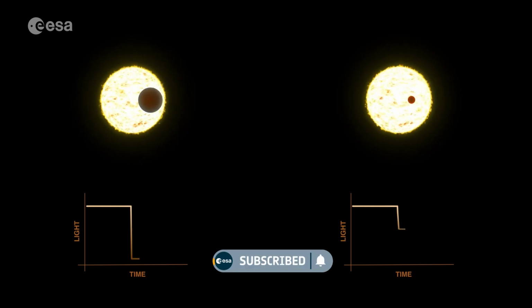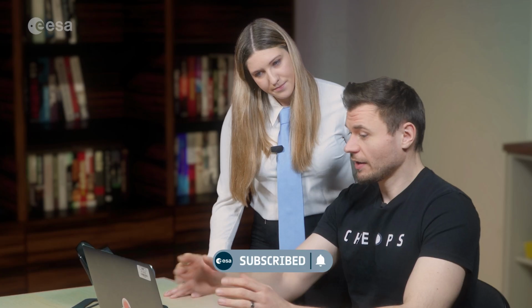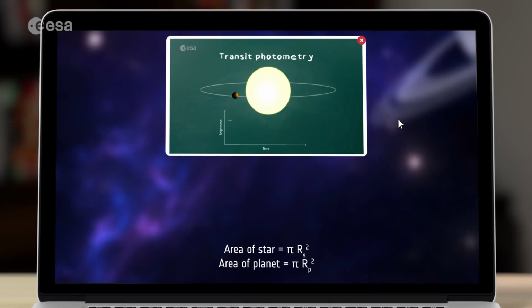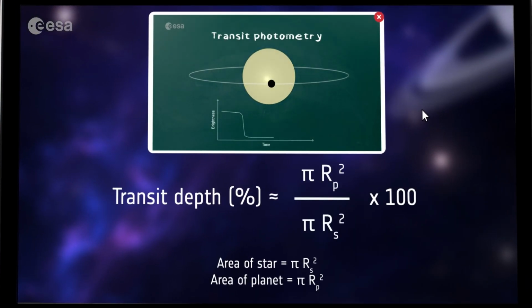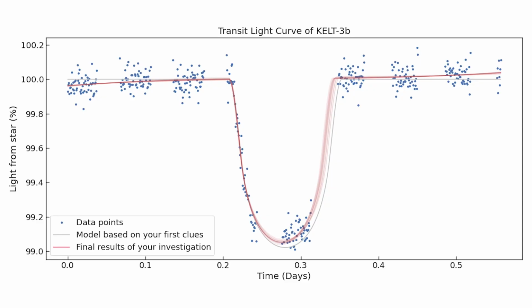Instead, we measure the amount of starlight that the exoplanet is blocking when it passes between the star and the telescope. The amount of starlight that the exoplanet blocks is normally referred to as the transit's depth, and this value is proportional to the exoplanet's projected area. Scientists fit models to the data to attempt to detect variations of the starlight that could be caused by an exoplanet. Are you ready to determine the size of Cal3b?